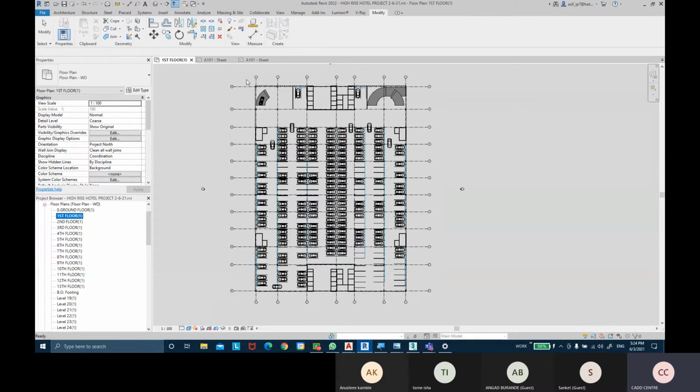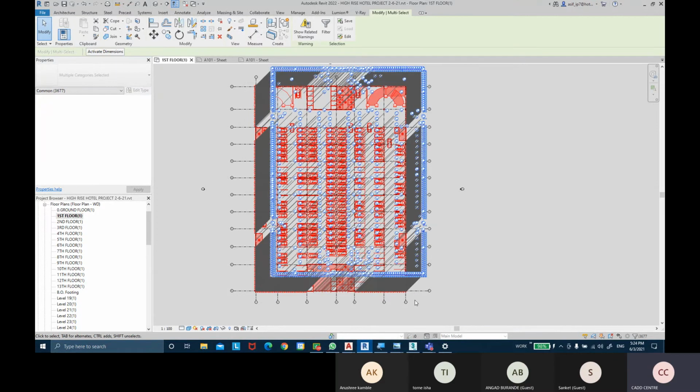So what I can do is select all these elements from the first floor. You can select all the elements of the first floor, all the walls or everything there.